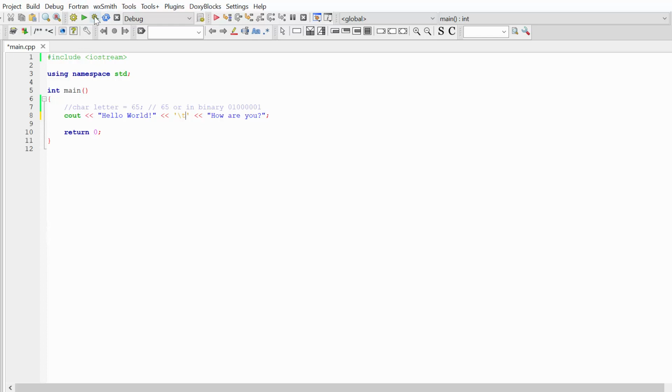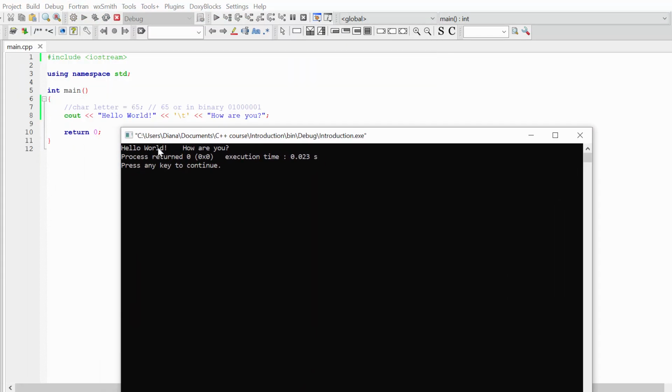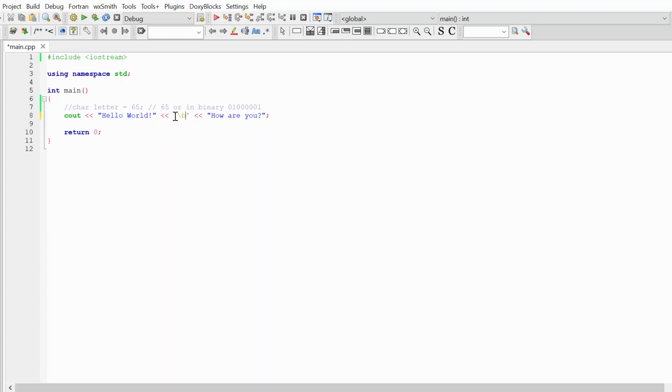If now I try to build and run our program, you can see the result now is hello world, our tab character that stands for the \t, and how are you. Another cool character to use is \b, which is backspace. So you can see that now my first string is hello world and this exclamation mark, and then backspace and how are you.